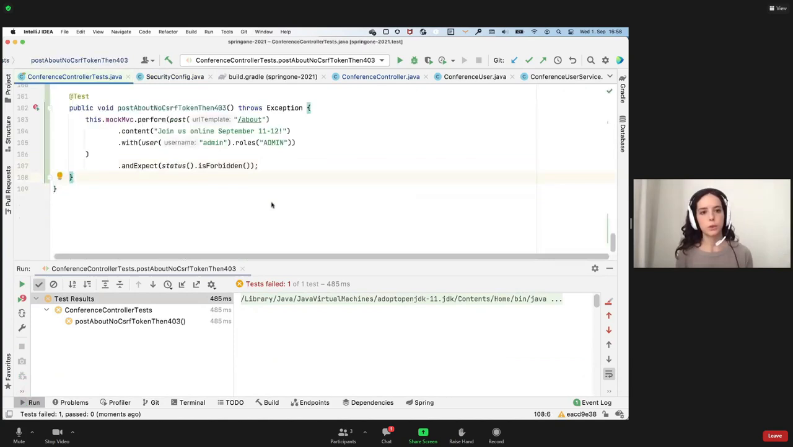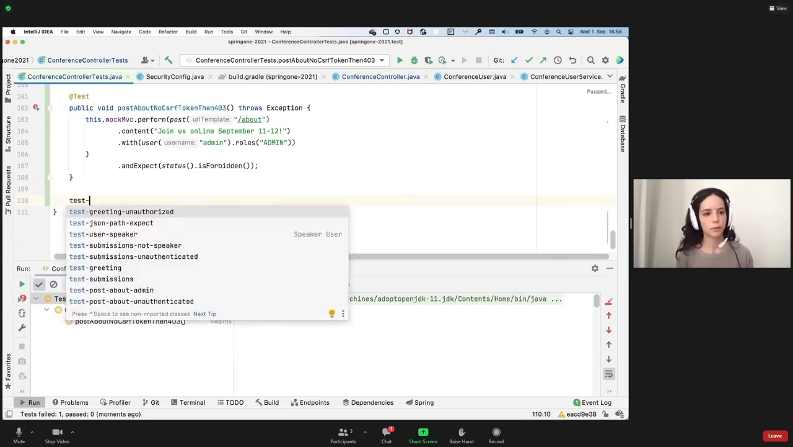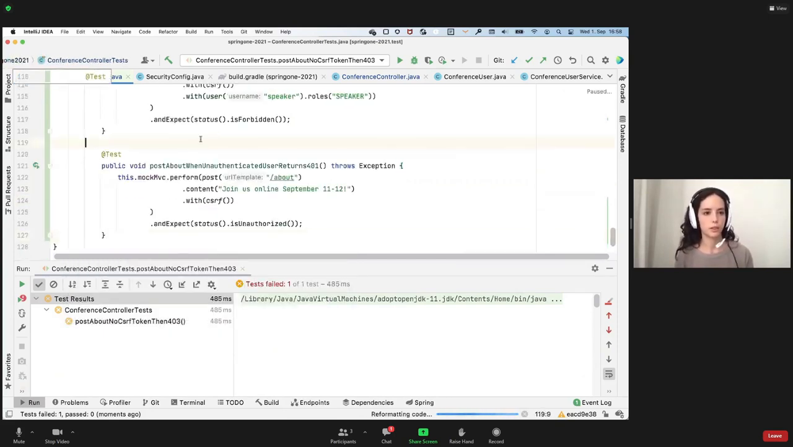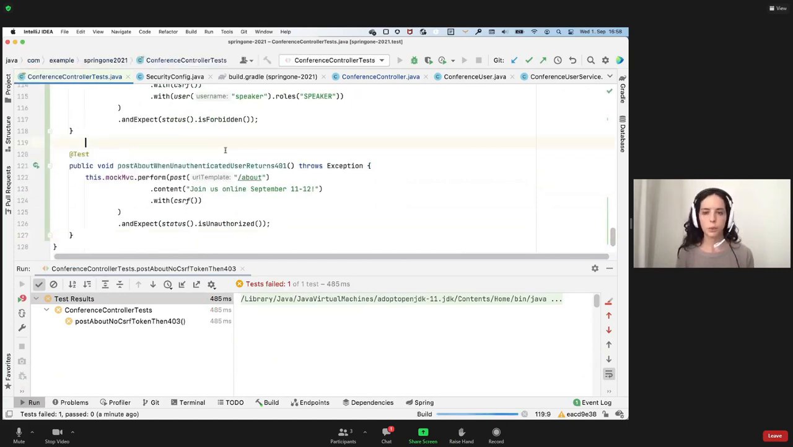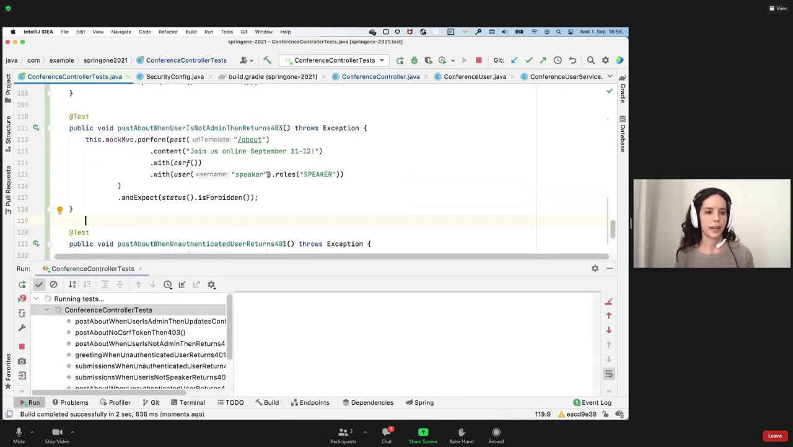And we're missing two final tests, which are what happens when a user who's not an admin tries to access the post to the about endpoint, and what happens when a user who's unauthenticated tries to post to the about endpoint. So let's add those two tests. Those are the tests down here. And if I run my test suite again, we'll see that the two newest tests that I added are going